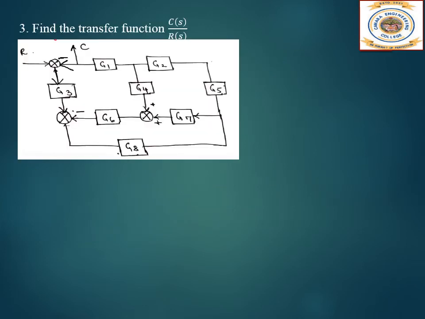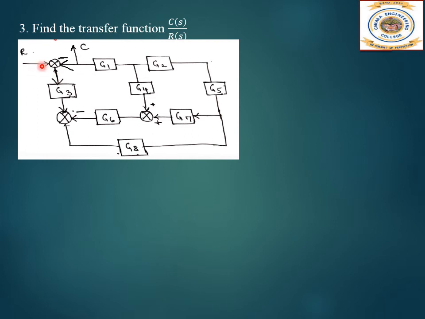So here a block diagram is given. We have to find the transfer function C of S by R of S. So what are we supposed to do over here? First, we need to redraw this circuit, because here R and C input is here. It's always better to have a forward path in a straight line from the input to the output. It is easier for us to solve. This arrow is input, as well as this is the input, and the output goes over here. So we need this path.